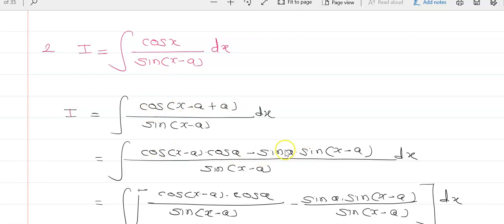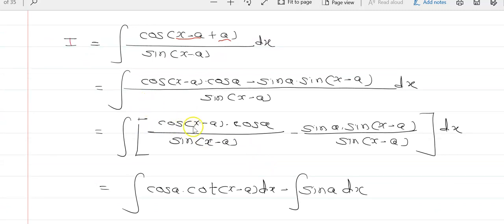Expand this: the first term is this, that is a, and this will be b. Now expand this, then cos of (a + b), that formula, is cos of (x − a) into cos of a minus sin of a into sin of (x − a), and here is the expansion. Now split this up,